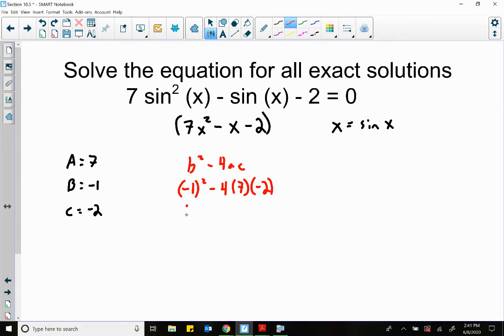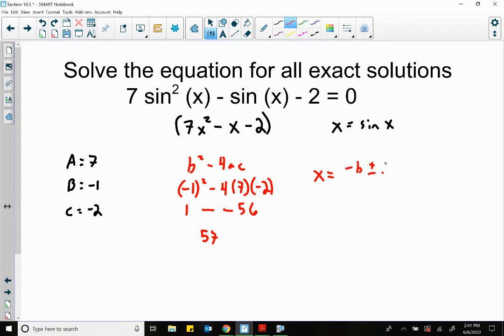So this is 1 minus 4 times 7 times -2 gives us -56. This is because of the subtraction. This is because of the number that I multiplied right here. And a negative by a negative is a positive. So that gives us 57. So now when I run the rest of the quadratic formula, it says x equals the opposite of b